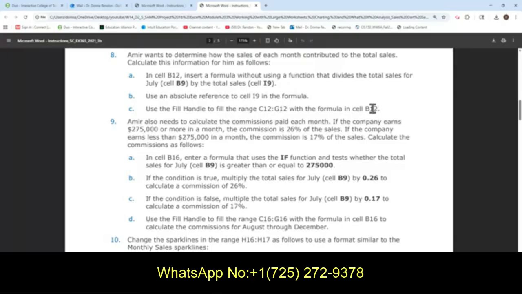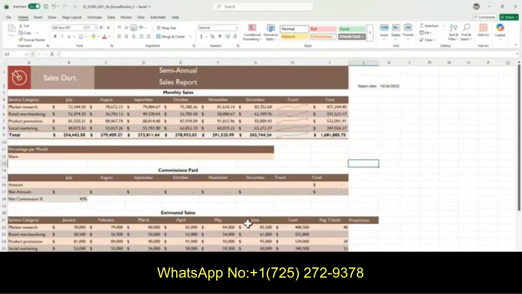So let's do that. We're going back to the start file. Okay. So watch out for this one. So select cell B12. I can type B12 here in the names range. So here is the B12. Okay.